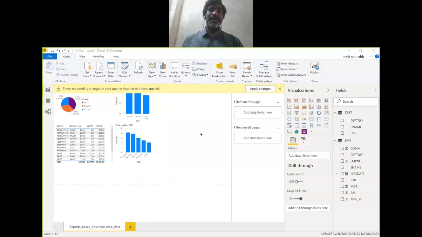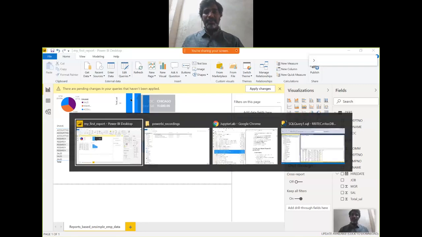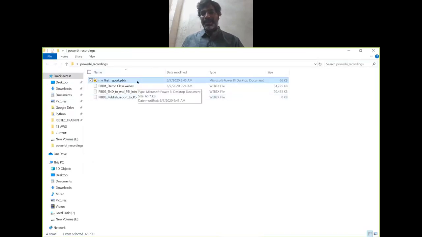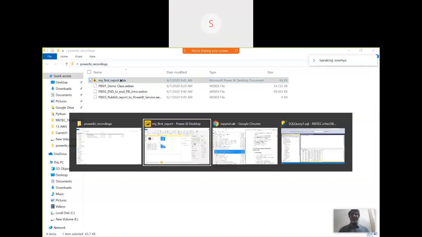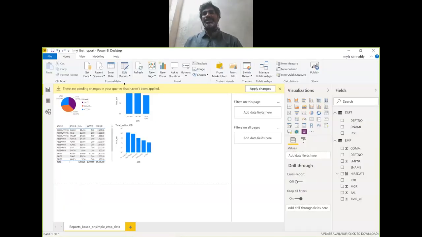Wow, beautiful. We completed our report development. We completed some four visualizations also we developed it. Now somehow what I want is I want to push this report whatever available to the web environment, because if it is available in my local machine like this, is it accessible to any of my business users? No one is able to use this one because it is available in my local laptop. So I should be in a position to publish this one to the server.